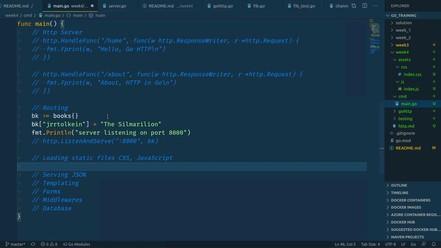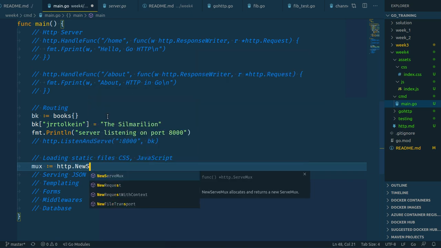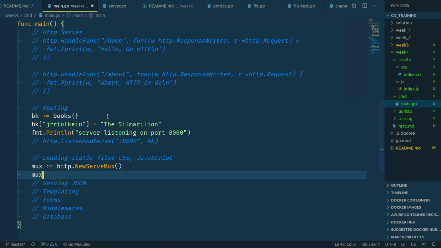All right, so we'll start by creating our own router. So this is going to be http.NewServeMux. This creates a new multiplexer for us. Do know that some of these libraries already exist to make it very easy for you to do these things. Specifically, I showed you Gorilla mux, so that's a very powerful router, and there's a lot,